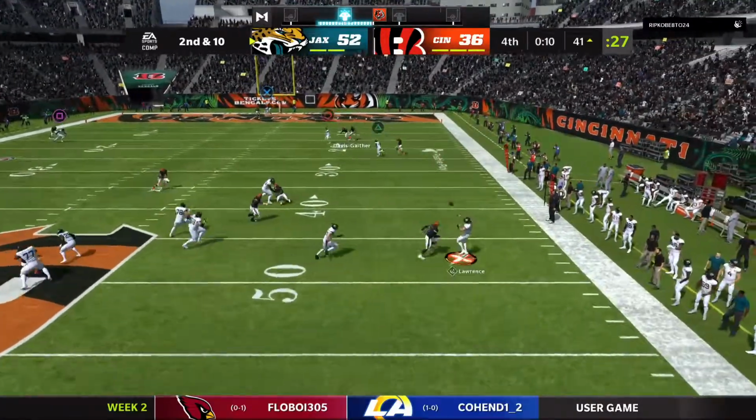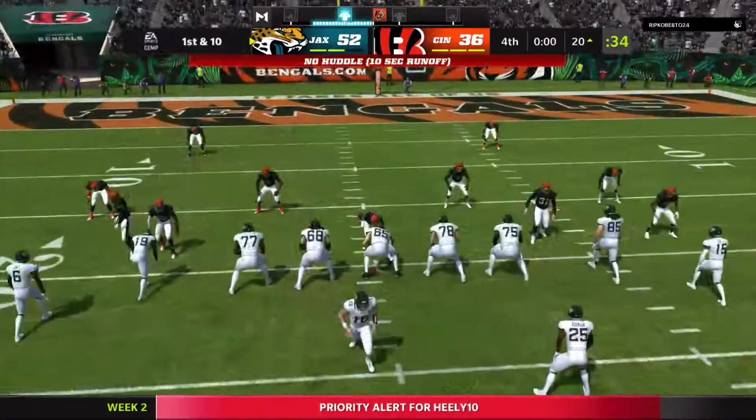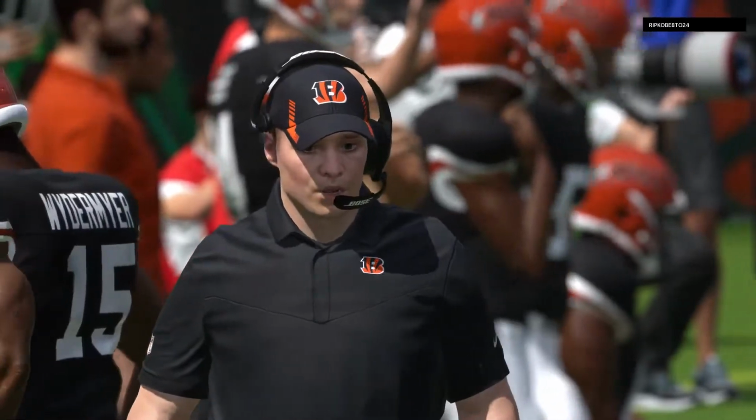Eluding the pressure right. And he's going to have the hook up to Gage. And he's got another first down as the tackle's going to be made at the Bengals' 20-yard line. Well, Charles, it's one thing to win. It's another thing